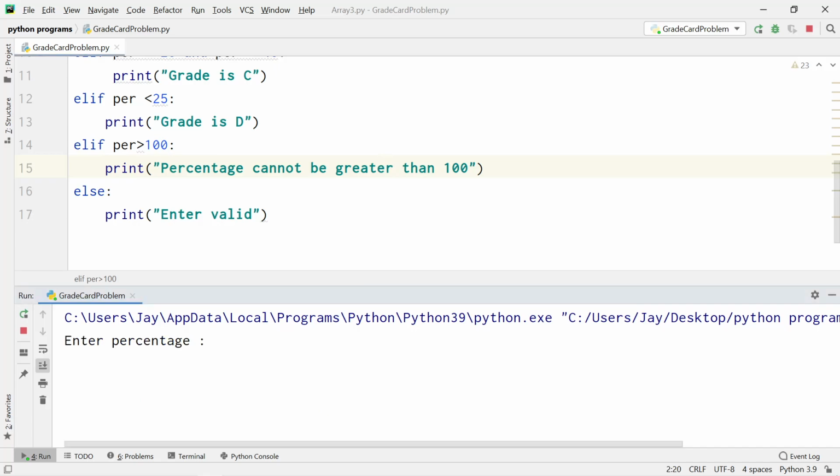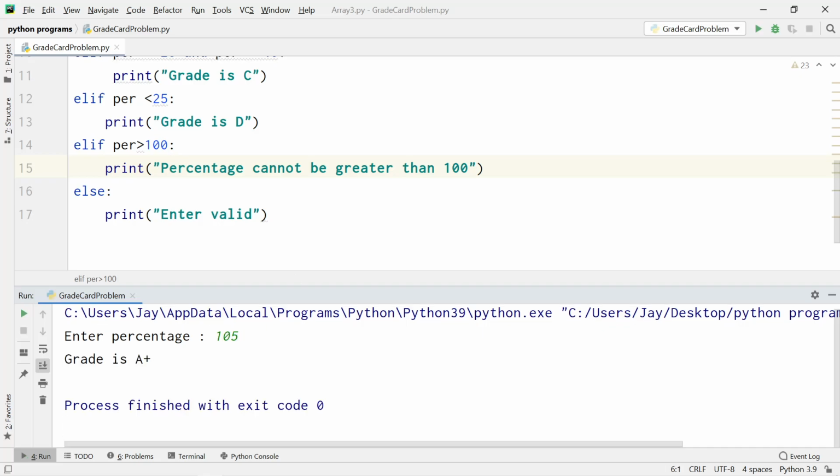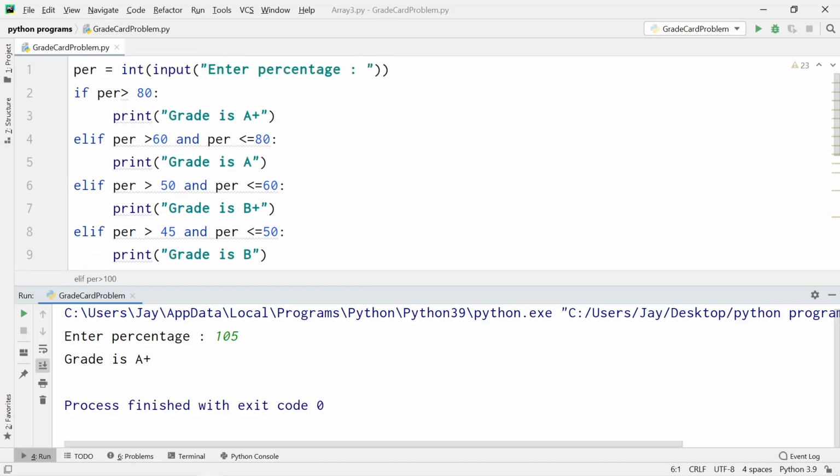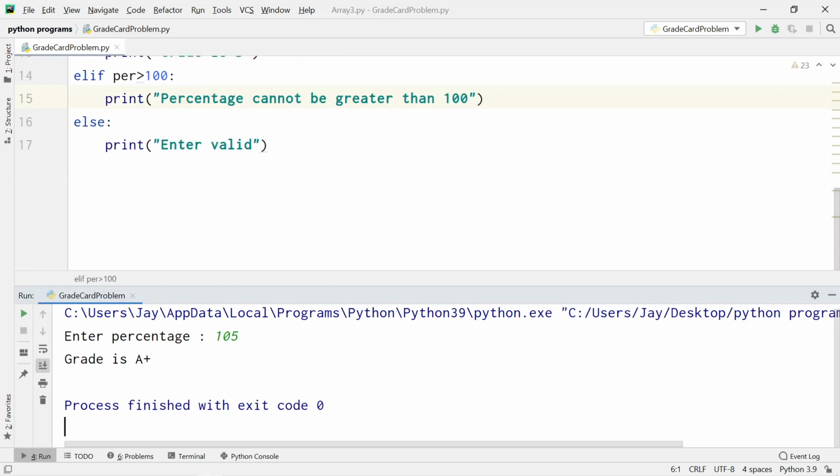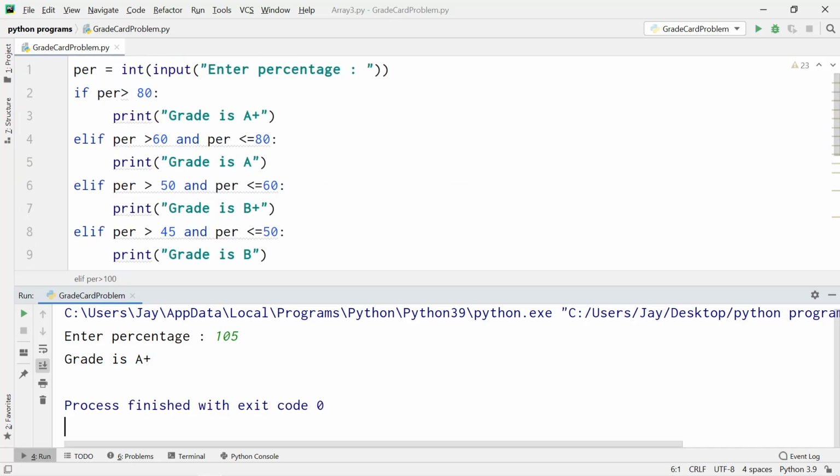Now let's check. If we enter 105, the grade is A plus, right? Now guys, please pause the video and guess the error which we have encountered. Okay, I think you have guessed the error. So the error is here.